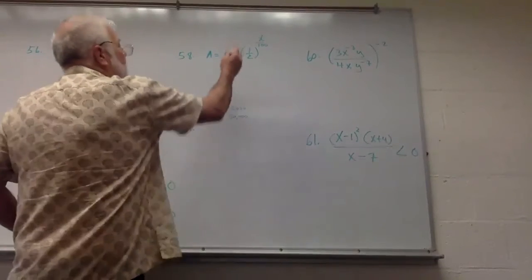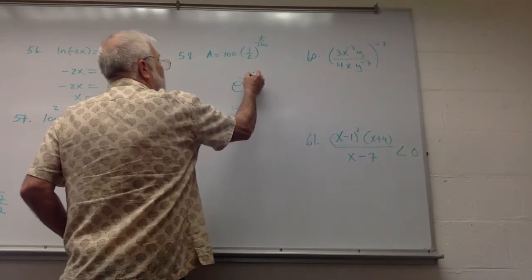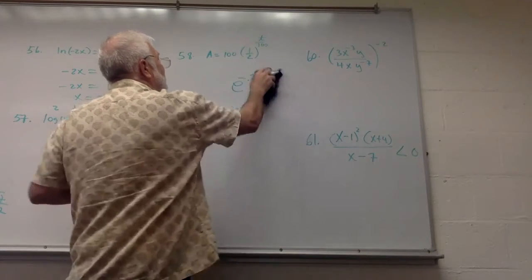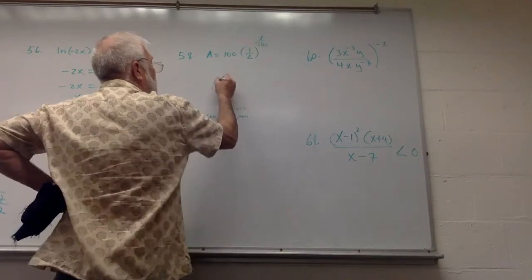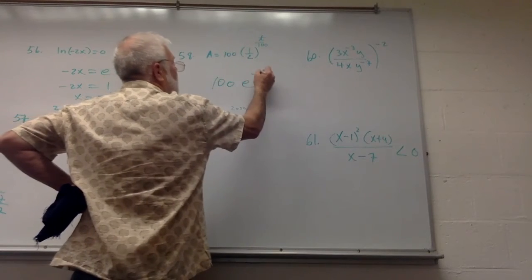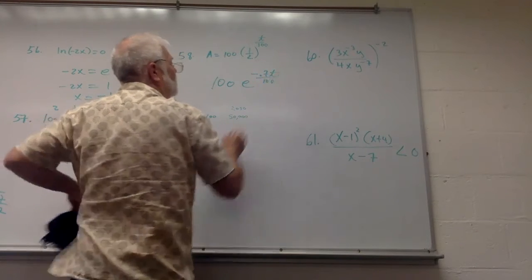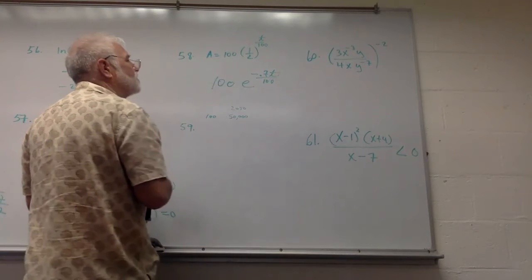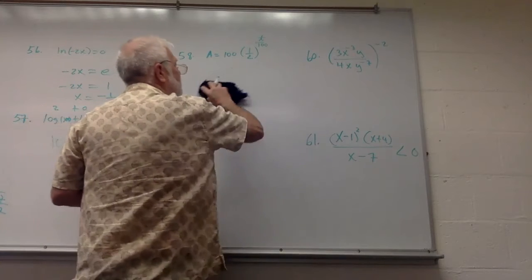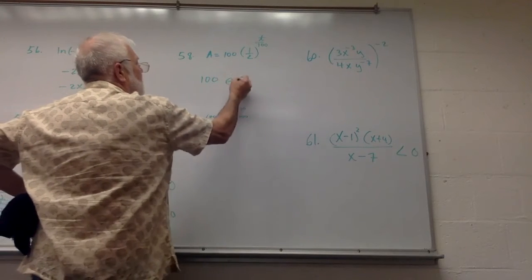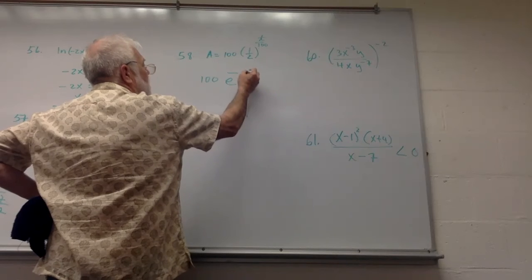All right, so 1/2 is e to the negative 0.7. And we're going to put negative 0.7 up there with the t. So this is 100 e to the negative 0.7 t over 100. And we talked about that in the last test. The only thing I did was make a reciprocal. So 100 e to the negative point